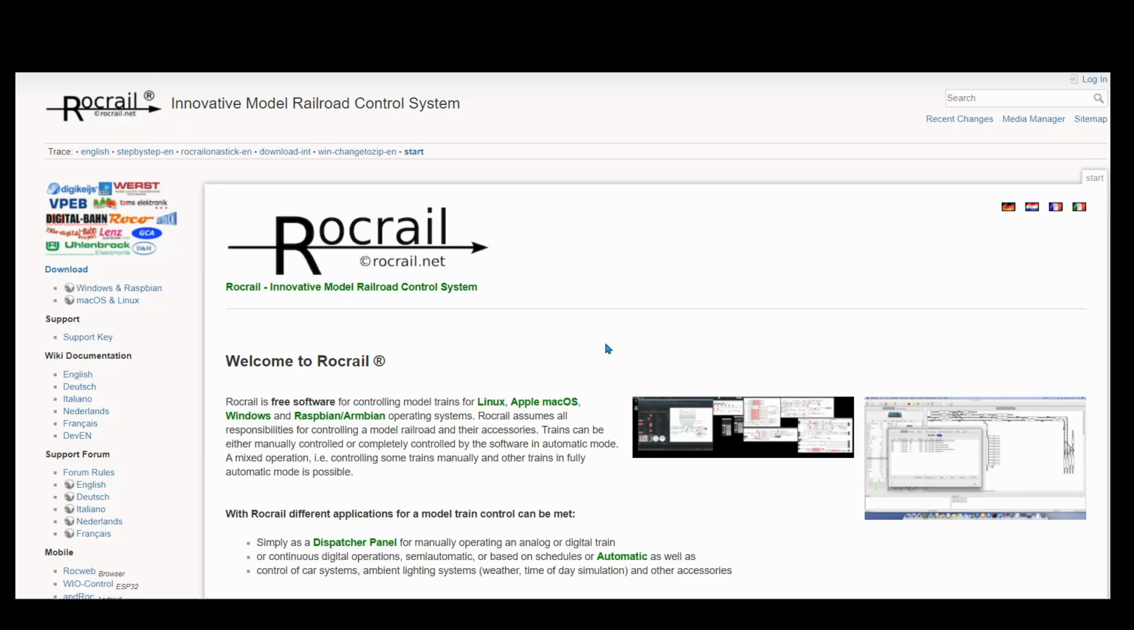This is going to be my step-by-step guide to Rocrail, based on the official Rocrail step-by-step guide. On the main screen over here we'll have the download section, the support key, the wiki documentation and the support forum. In the wiki documentation, for example, I've opened up the English,